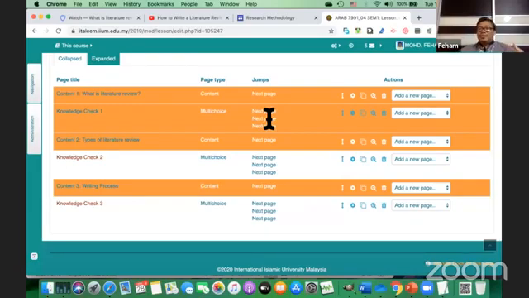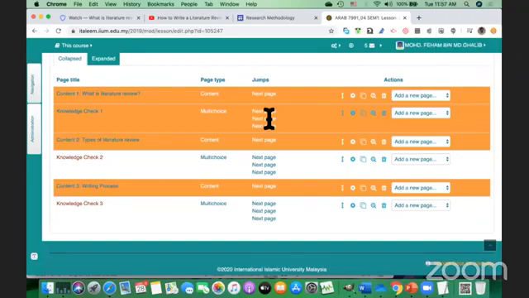If you want to make it recursive, the student will go back to the first content if he didn't get knowledge check 1 right. For the incorrect answer, it will move back to content 1. Can we do so? Okay, thank you.